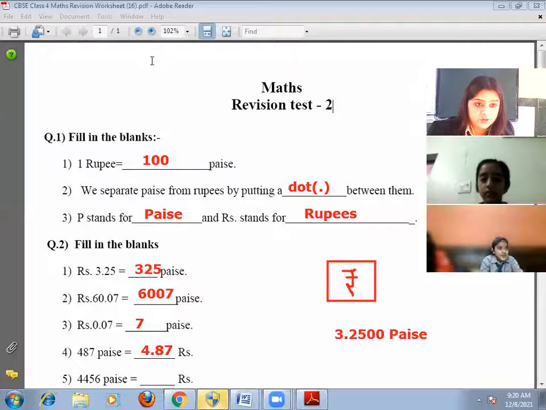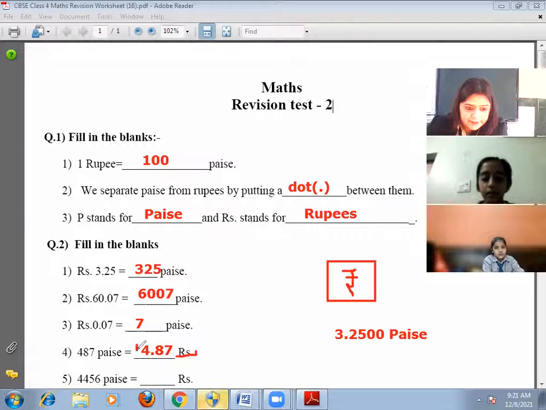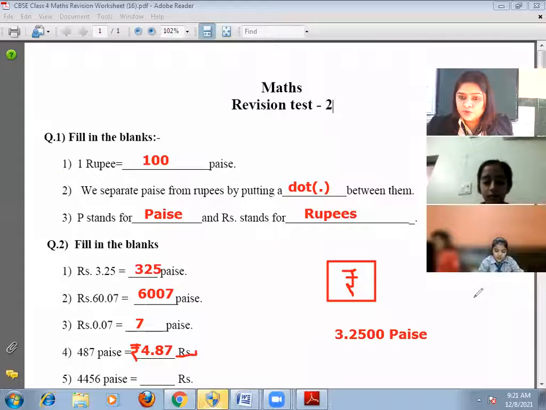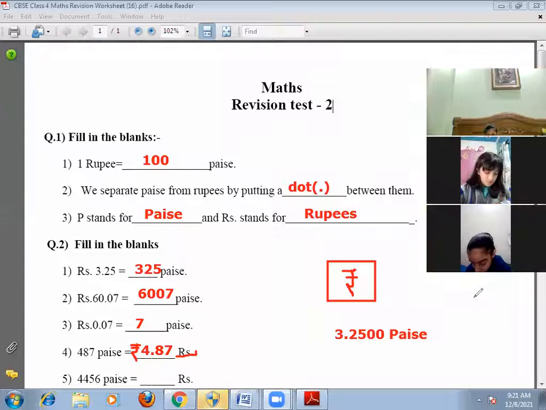Okay, beta, you can cut it from here. Yes, ma'am. Okay, and you can write down, 1 second, ma'am is just going to write. Like this. This is the rupee symbol. Okay. Yes, ma'am. Is it clear? Very nice. So now you can mute, and this time ma'am is going to take one more child. You can mute, Nia.